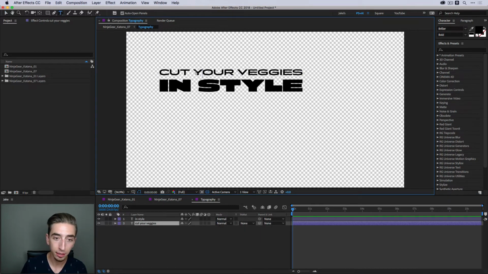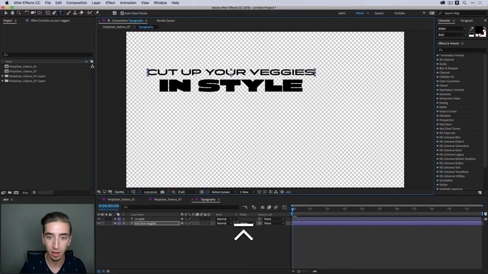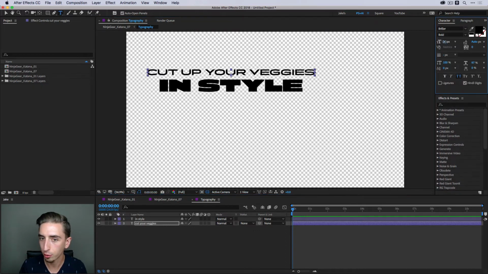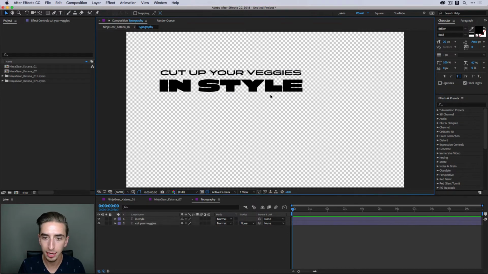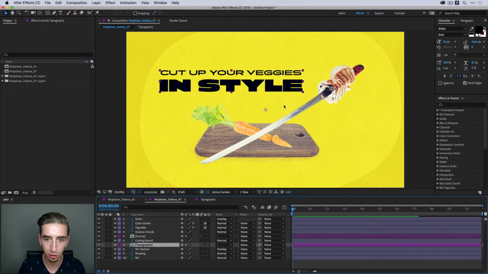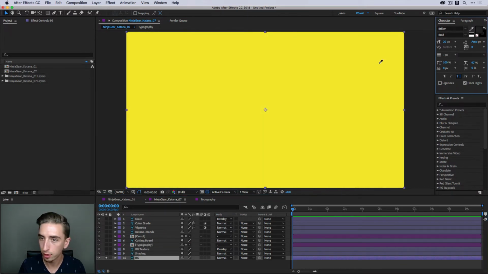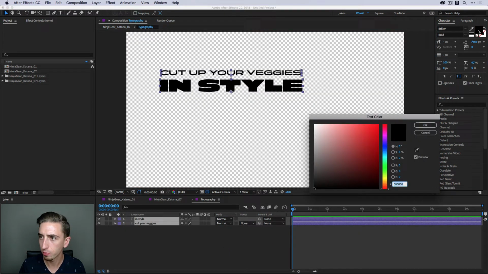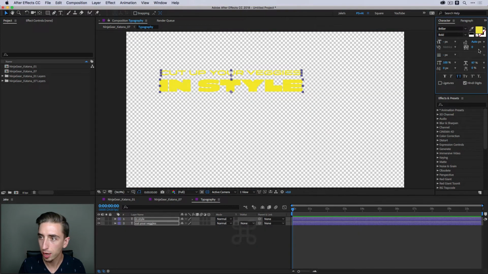then edit, and I can say, change this to cut up your veggies, and I can change the size of the font in the character palette if I needed to add that. I can do whatever I need to this text now, including taking this text and then changing the colors. So I think this was supposed to be the yellow background, so I'm going to sample this yellow color to find out what it was, go into my typography composition and make it yellow, and then I'm going to add